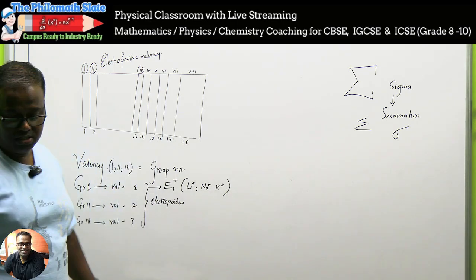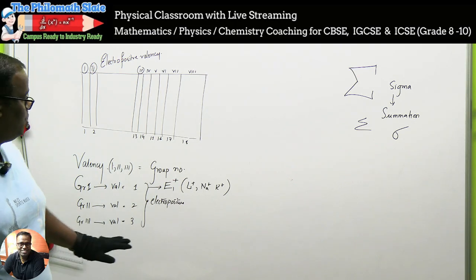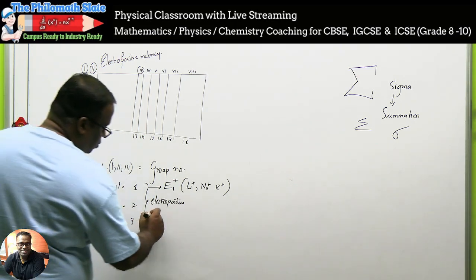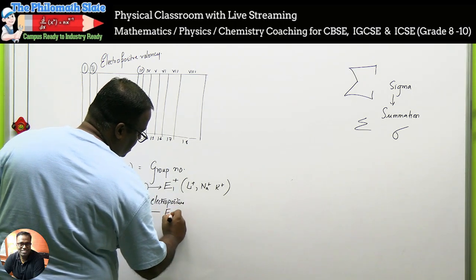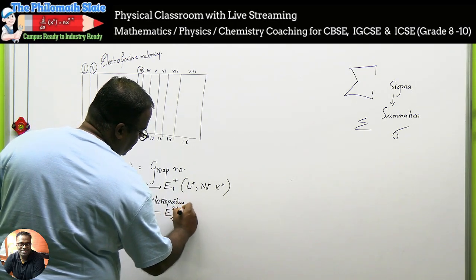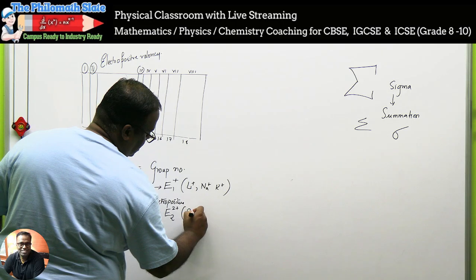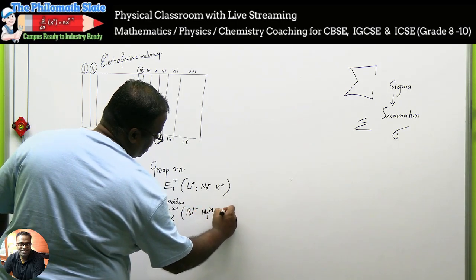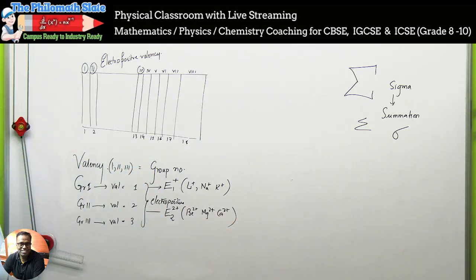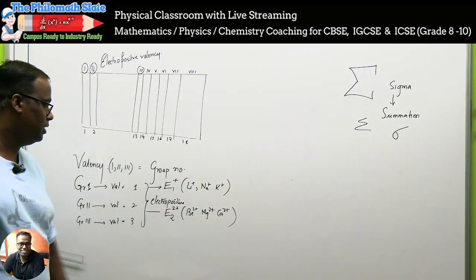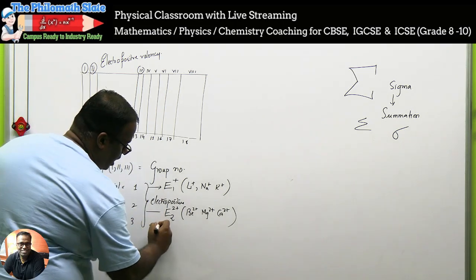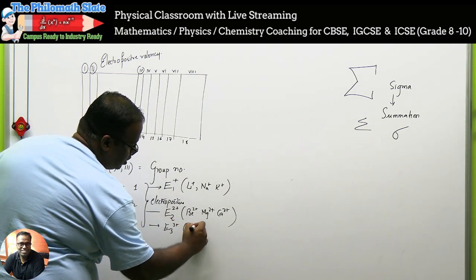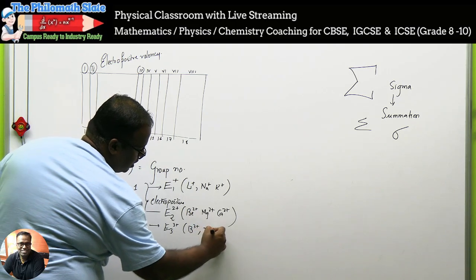Whether it is there in the Cambridge book or any language, once you understand this, your life becomes absolutely easy. So group 2 elements, suppose they are represented generically by E2, will all be 2 plus. Who are those? Sir, beryllium 2 plus, magnesium 2 plus, calcium 2 plus. In your case, only these are required. Nothing more than that. If the elements in group 3 are represented as E3, they will become E3 plus. Sir, boron 3 plus, aluminium 3 plus.